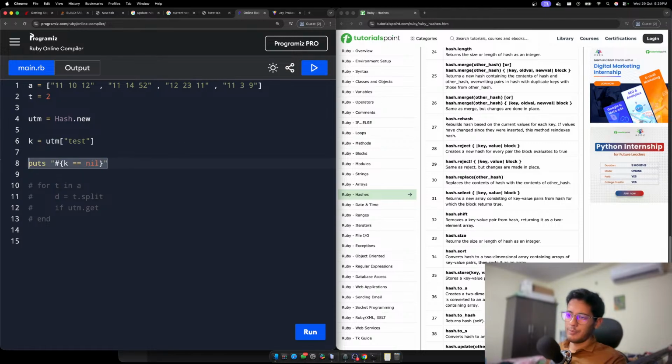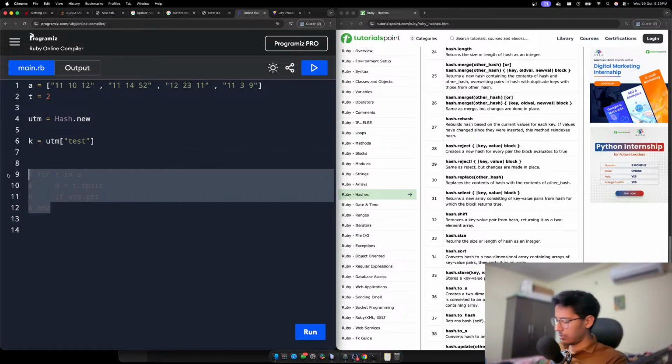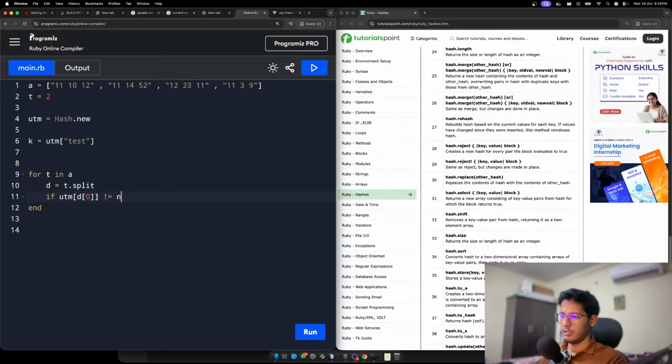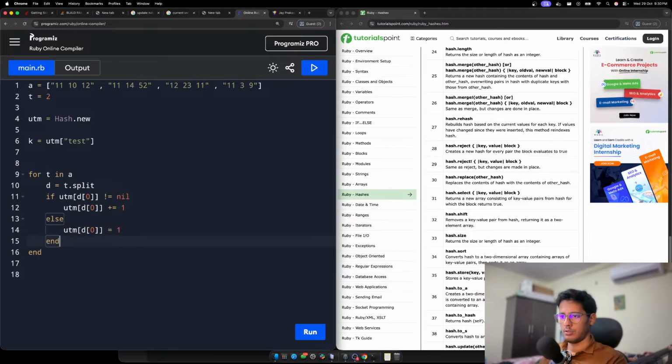So we have this. That means we can do this so that if we found this, so if d at 0 is not equal to nil, that means what we have to do is UTM at d at 0. Can we do plus equal to 1? Is that something we can do? Else, if this is not there, then do UTM d at 0 equal to 1, and then